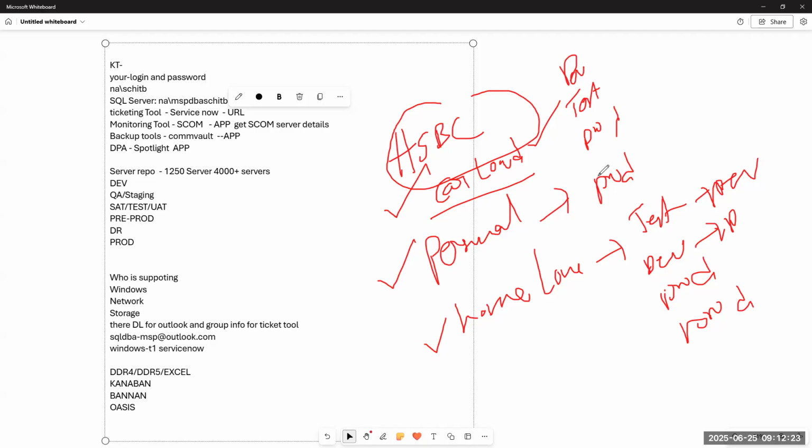I hope you got the answer. Yes, I got the answer. I just wanted to know the minimum, because certain questions ask how many are production, one third. Yes, one third production. If you're going for three platforms, one third production is good, sir, because for every production there should be development and test: the developer will develop, the tester will test, then finally it moves to production, right? That's all right. Thank you very much.